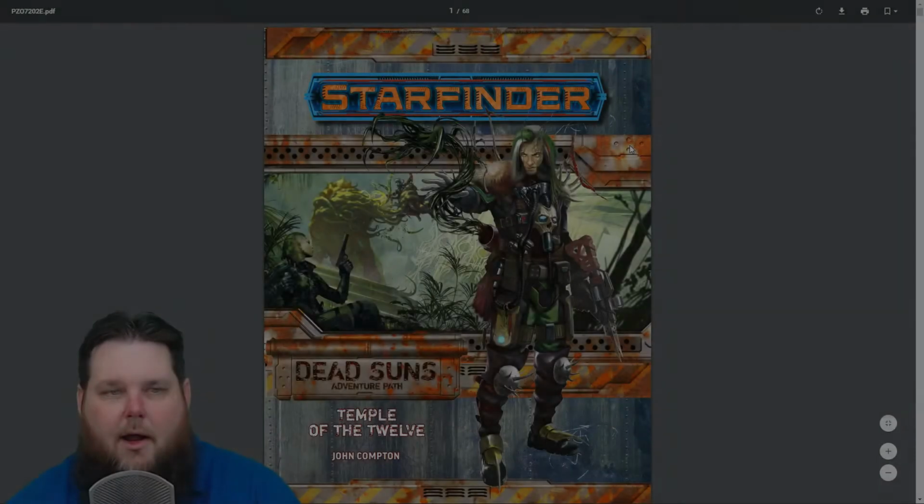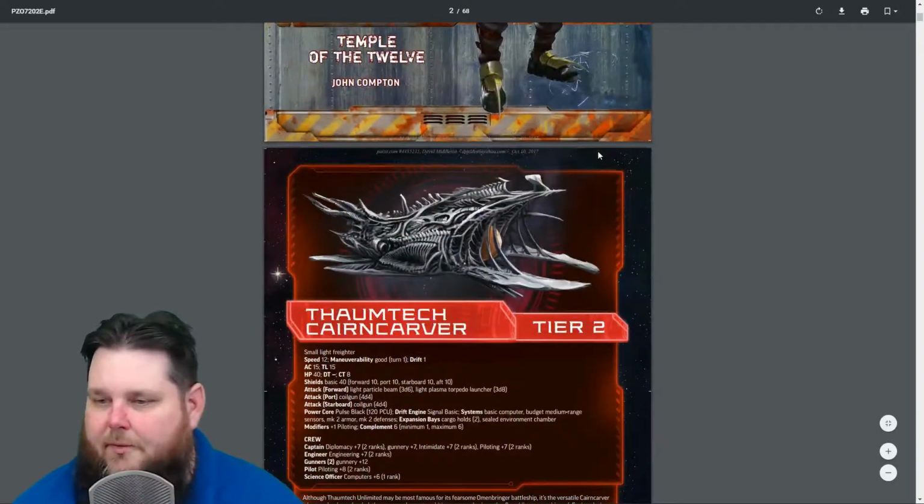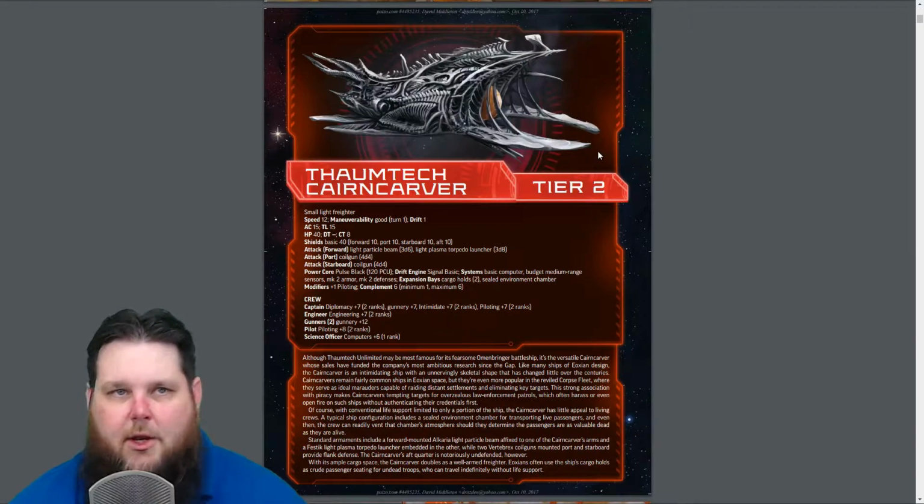I don't mean physically just rip the pages out of the book. I mean, rip it off with Adobe or something like that. All right, so let's take a look at the PDF. Nice cover. Here's what I'm talking about with the new content that's going to be injected into each Adventure Path